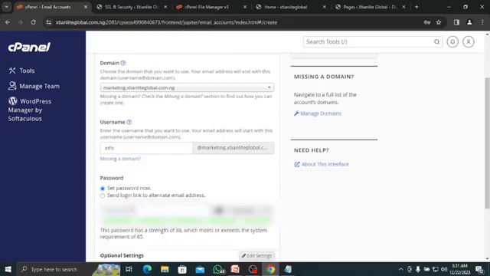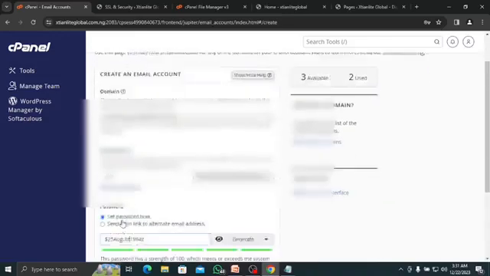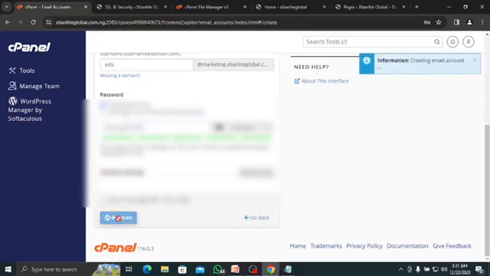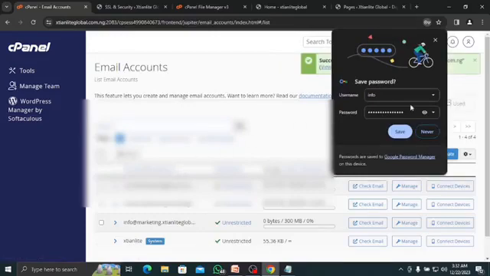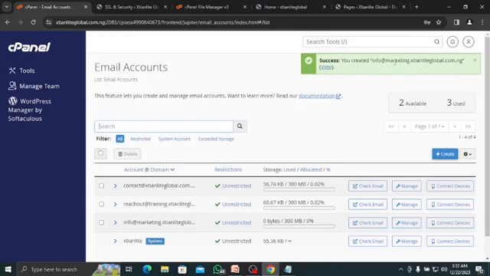Okay, always make sure you use a very strong password for anything that you are doing on the web, on a cPanel, right? The next thing you need to do is click on create. Immediately you click on create, your webmail has been created, right? Your webmail will be created as quick as possible. So click on create, right? So just wait for it to create. All right, as you can see, success. You created info at